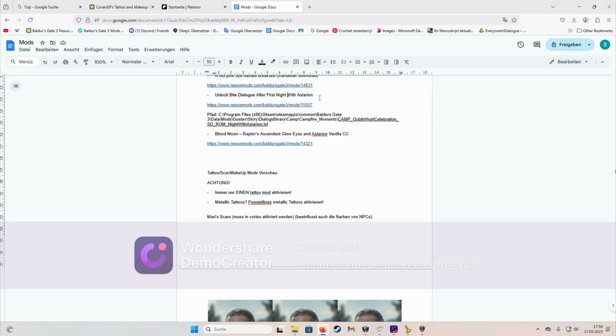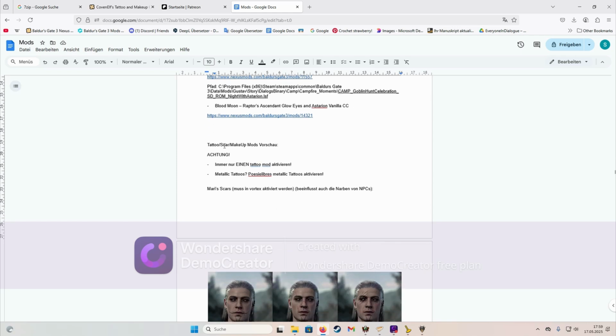This is for opening a dialogue with Astarion, and you have to put it into this very path in order for it to work. And things like that, I have written just everything in there, what I need to know. And this is also here, you cannot read it because it's in German, but